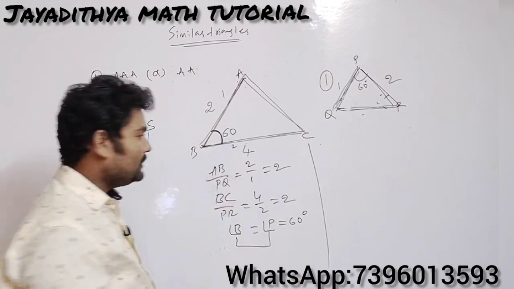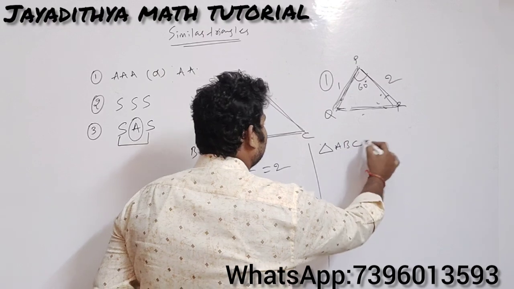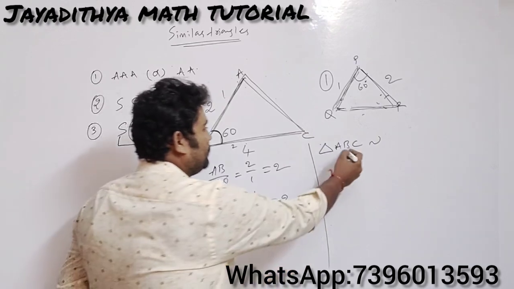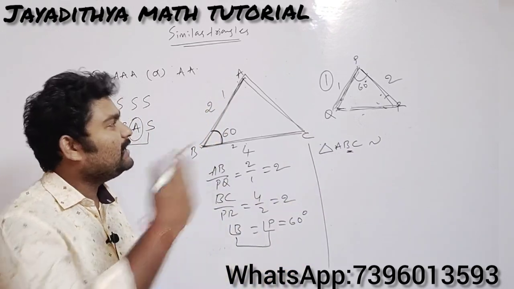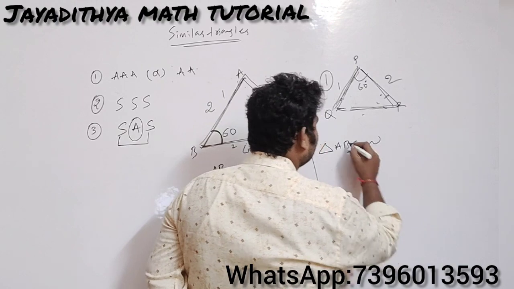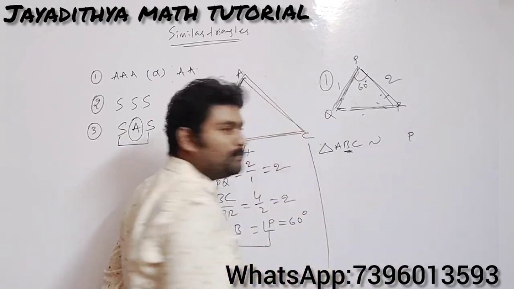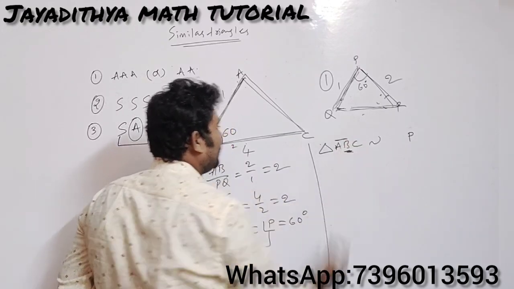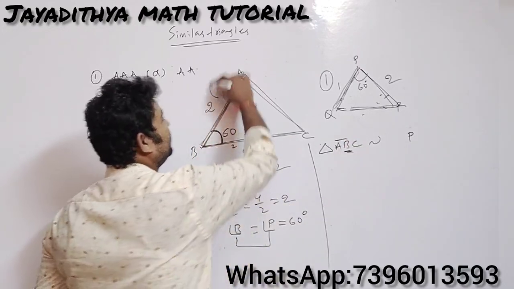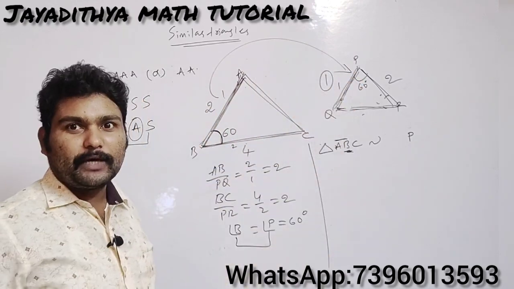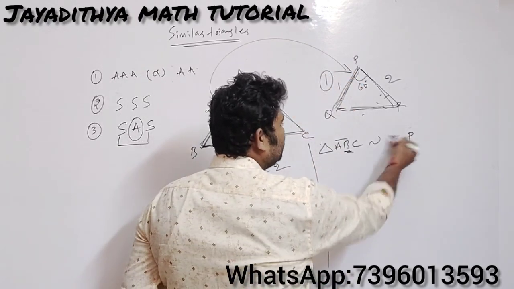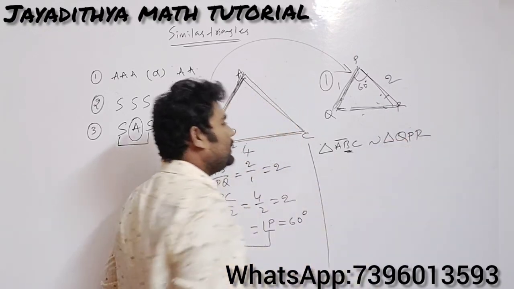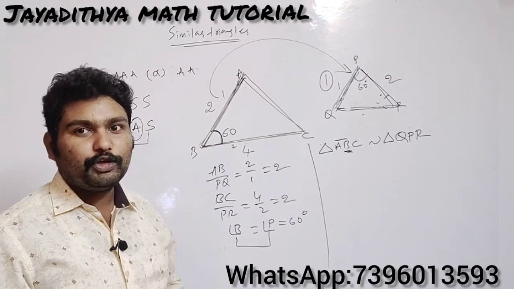Okay, so see here how to write the statement now. Write the first triangle as it is, as you wish. I am writing triangle ABC, which is similar to. Simple, Nana. See here, angle B is equal to which angle in triangle PQR? So that is P now. So this is in the second position. Write P in the second position. Okay. Afterwards, what is the corresponding side of AB here? The corresponding side of AB is PQ. So obviously you should get one Q here. So this is QP, and what is the remaining vertex? That is R. So triangle ABC will be similar to triangle PQR.